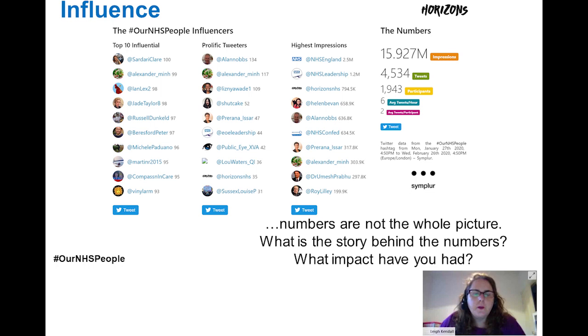And the other thing that Symplur will show you as well, that I've not done the screenshot of, is the top 50 people who are engaging with your hashtag. So it's a really good way of seeing who is most interested. And again, if you're wanting to find your people, it's more worth spending the time investing in looking at who is engaging, what they're saying. It's a good way of finding some intelligence about what people are perhaps saying about the project that you're working on, what people are engaging with and talking about.